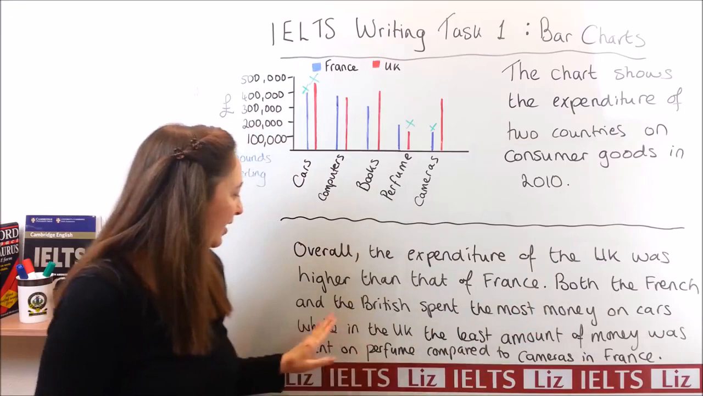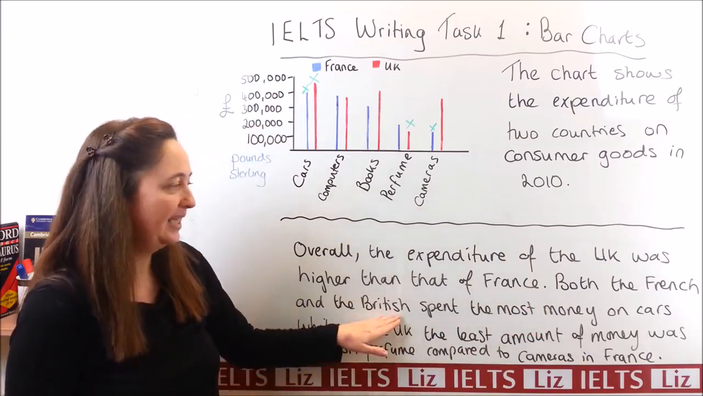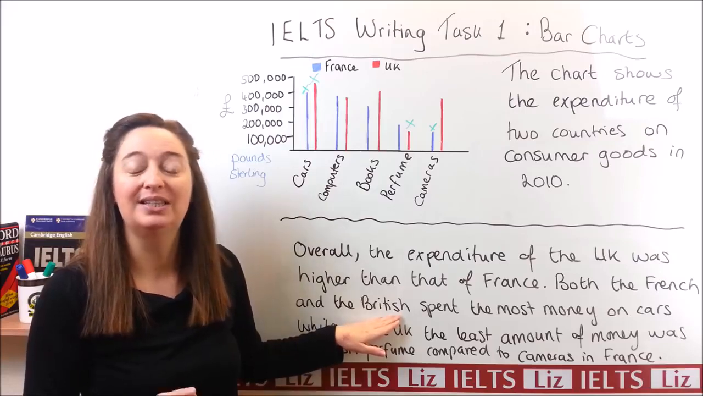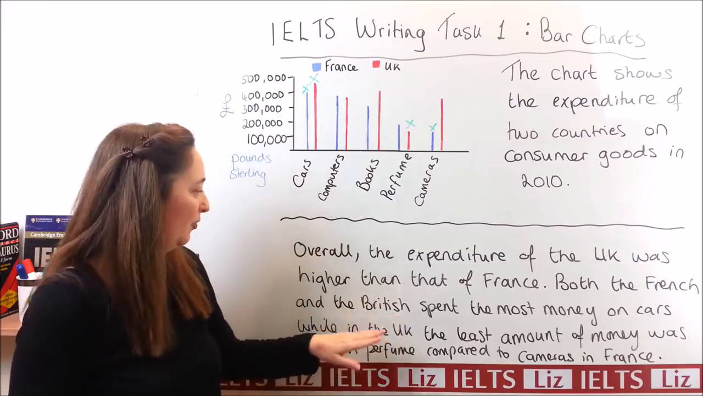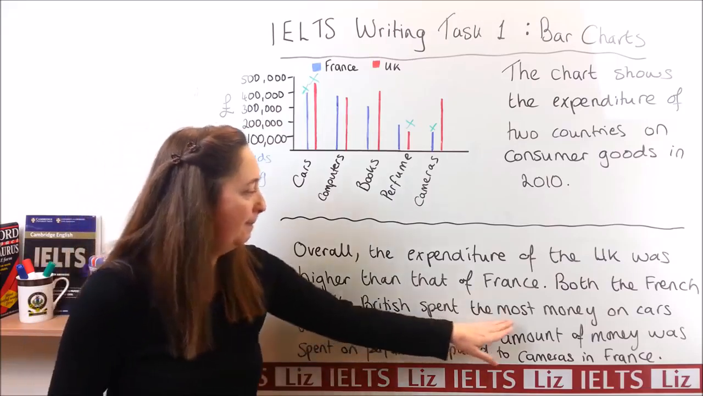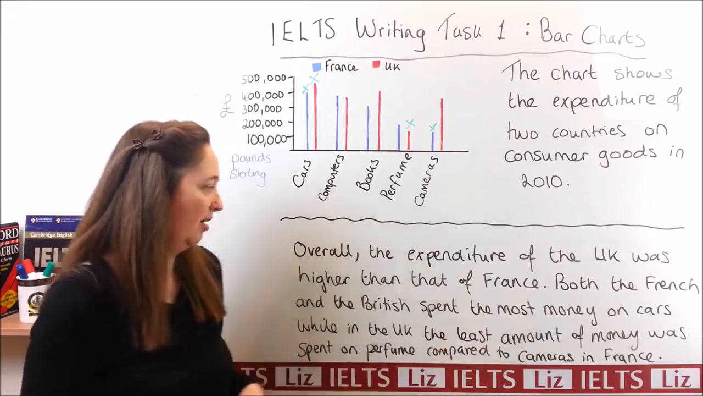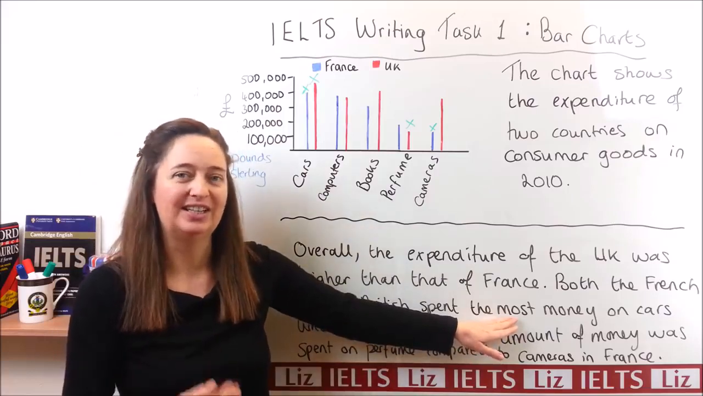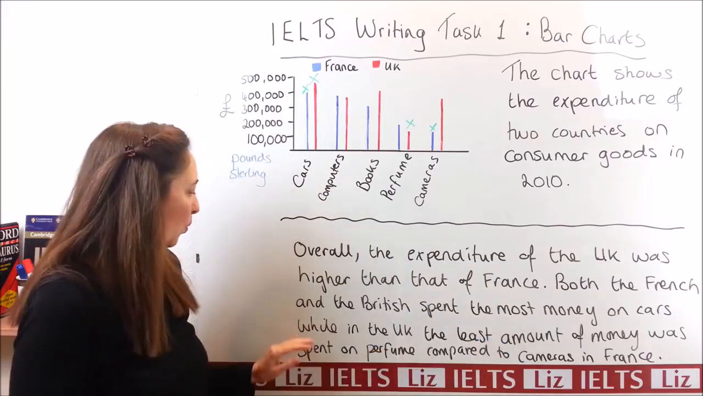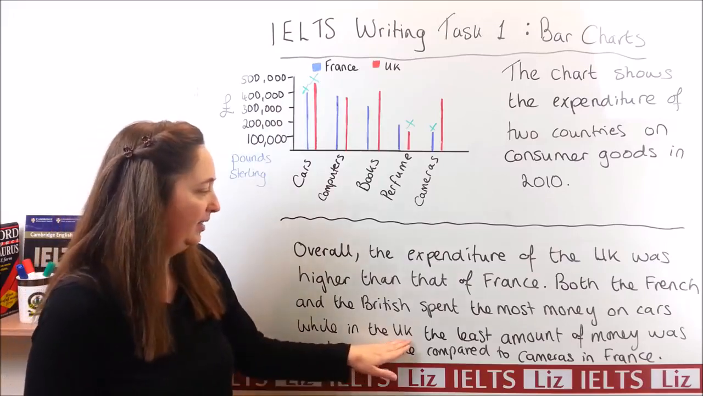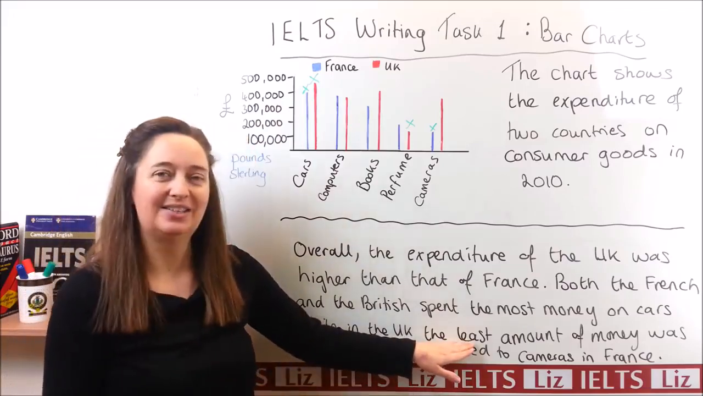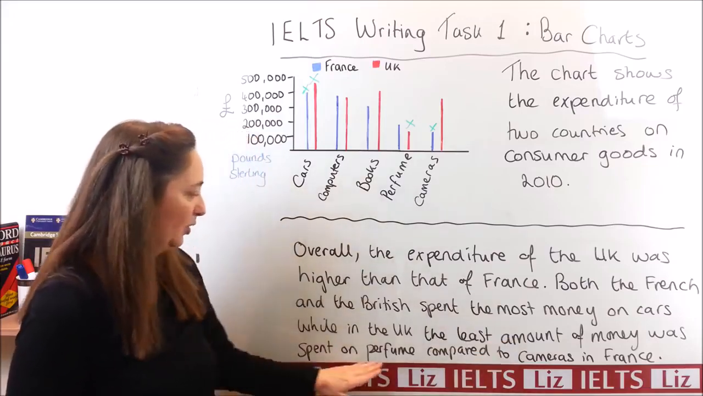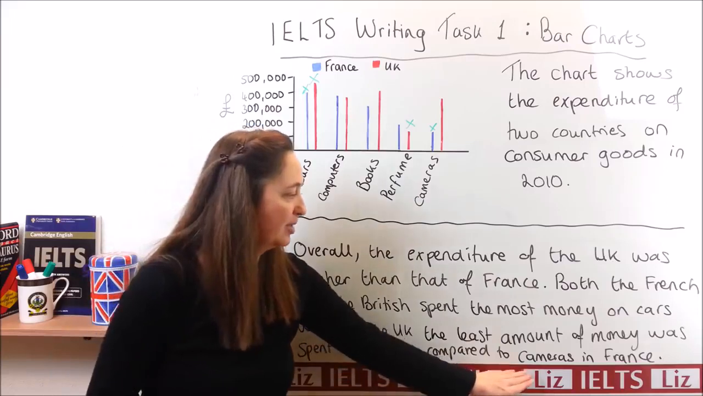We've got both the French and the British. So here I've changed it. Instead of giving the name of the country, I'm using the nationality. Both the French and the British spent the most money on cars. And here we've got a superlative, so the highest, the most. While in the UK, the least, again this is a superlative, the least amount of money was spent on perfume compared to cameras in